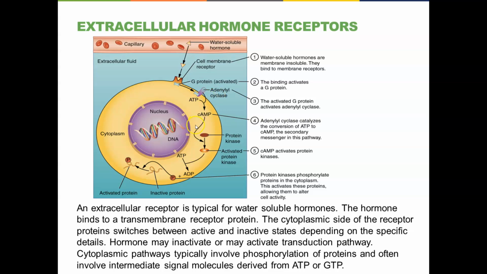So in this particular case, the cyclic AMP is the second messenger. It binds to other proteins, which triggers other things to happen, and so on, until we finally get a protein activated to do something, which may be a protein that breaks apart glycogen and releases glucose into the cytoplasm. It could be any number of things.